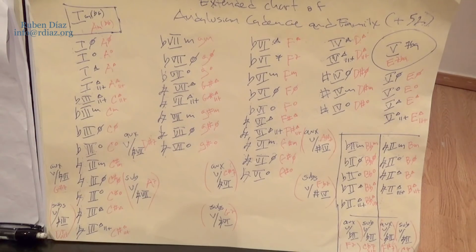It can go very easily to the 4 minor, or to the flat 6 when it's dominant, first major 11 augmented, flat 6, 5th, 7th, flat